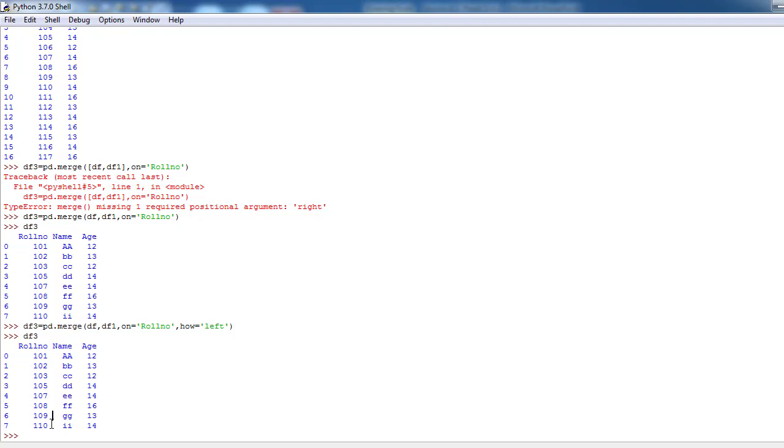Like this, for right join, tf3 is equal to pd dot merge of tf comma tf1, comma on is equal to roll number, comma how is equal to right.